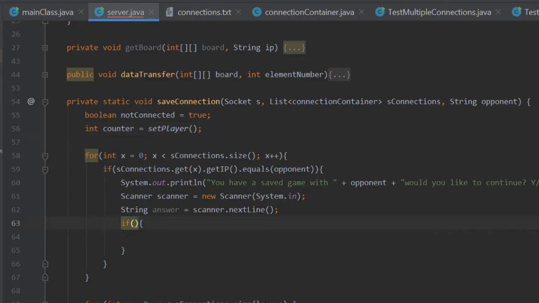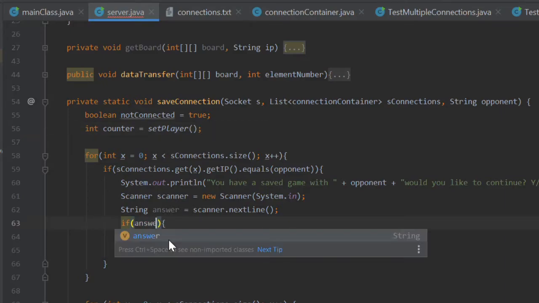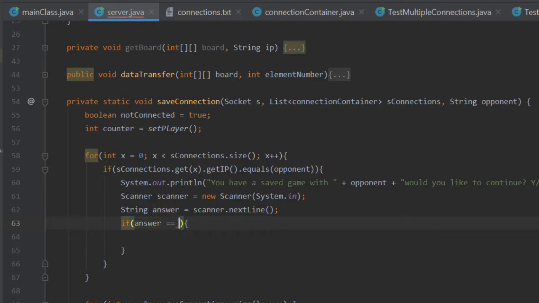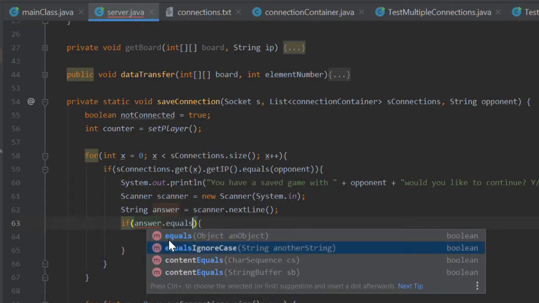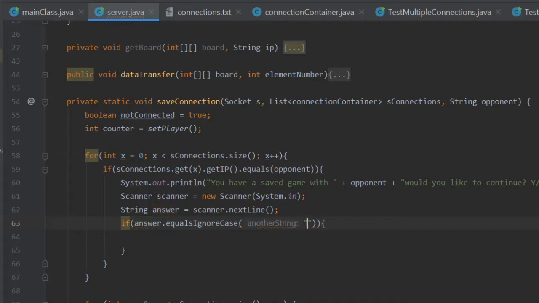String answer, so answer equals yes. So if answer.equalsIgnoreCase("yes"), then what do we want to do? We want to